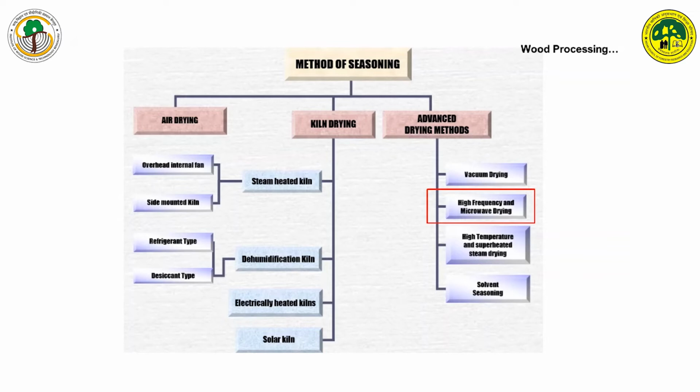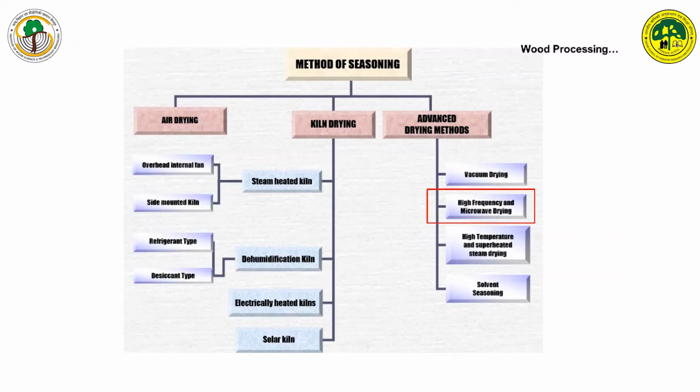And it is a bit different from kiln drying, because in high frequency drying the heating actually starts from the center and comes towards the surface. But in kiln drying, it is opposite. Heat goes from the surface to the center. Because of these two different ways of heating, the drying stresses are a bit different in both cases. And high frequency heating can be very fast, however, microwave drying